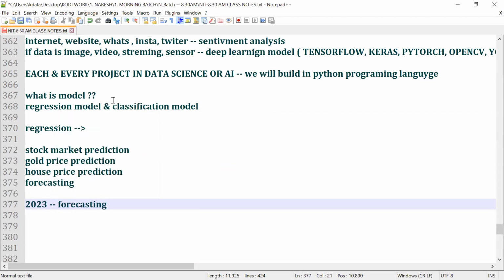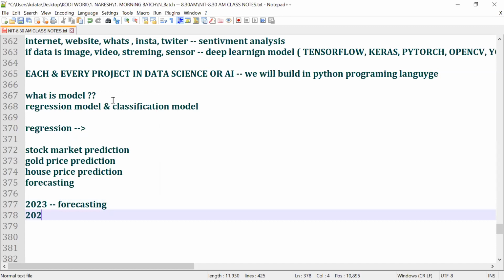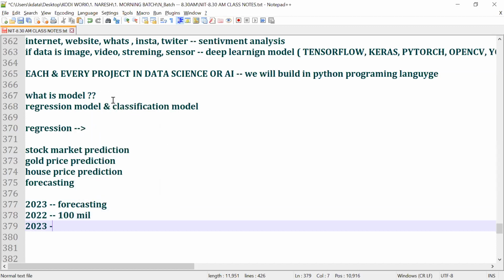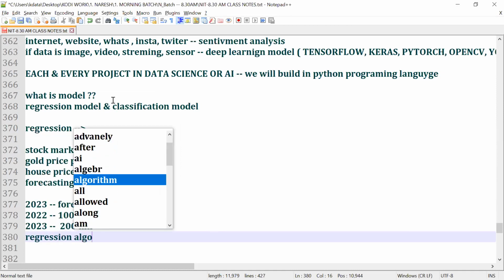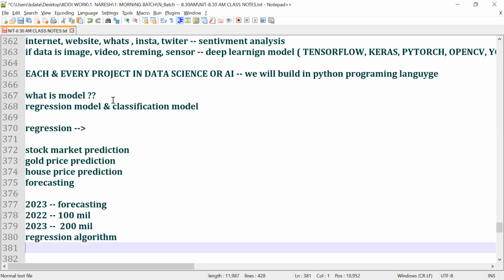What is meant by forecasting? In 2022, my company got a profit of 100 millions, right, guys? In 2023, they forecast that it goes up to 200 millions. Team, understand or not? All this happens on regression algorithms. I hope you understand or not.